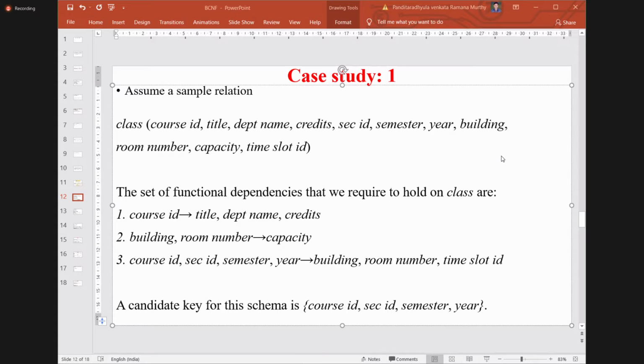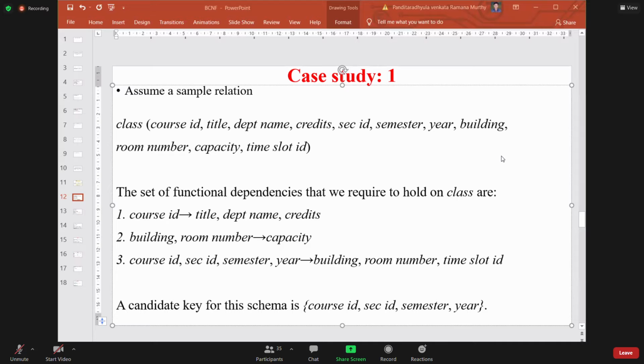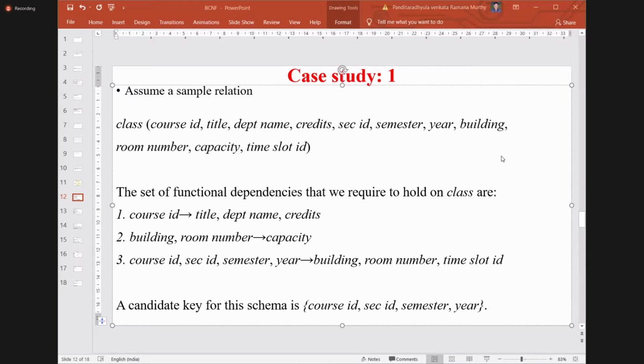Say the number of credits for your course is 160. Now, when you are representing your class, our CSC second year is divided into 4 sections. So if you want to represent your class, we need to represent your section also. So section ID, then the semester, year, and in which building you are having your class. Our class is in our CSC block. That is the meaning of building name.